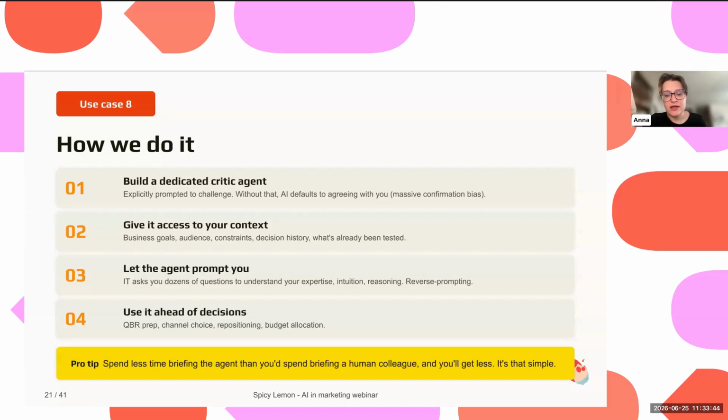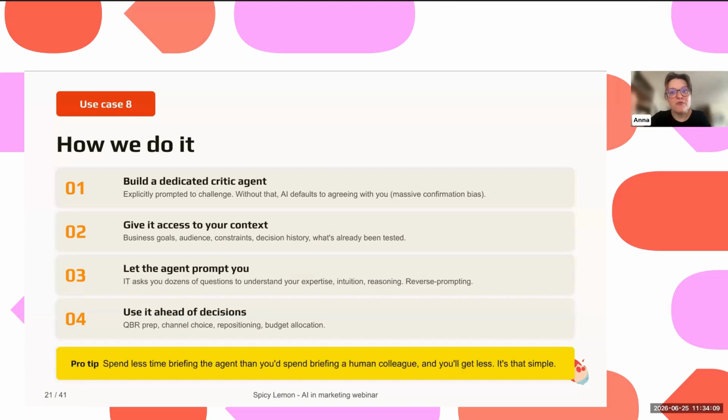This is super important. What we want here is to turn our agent, it can be ChatGPT, Claude, or whatever, into an intuition questionnaire. So just ask as many questions as possible to really understand where our intuition comes from and what really motivates our decisions. And once you have this written in a document, we can create a prompt for an agent that will become our sparring partner to always discuss our ideas with us.